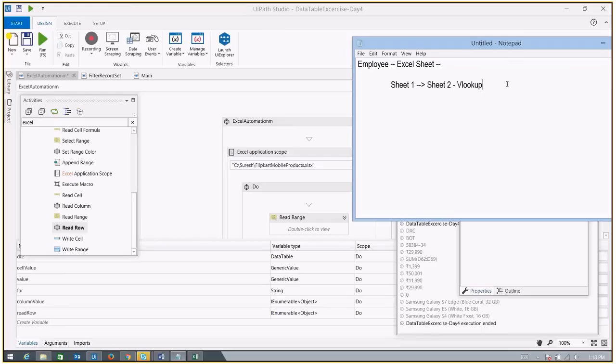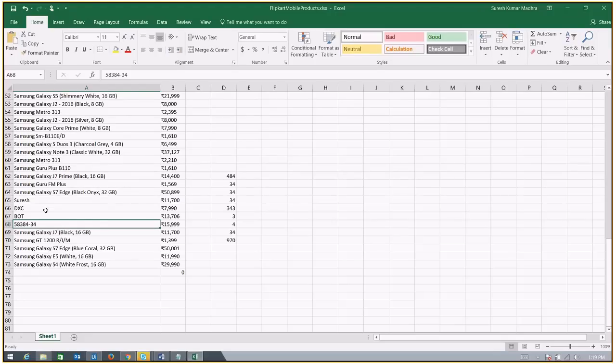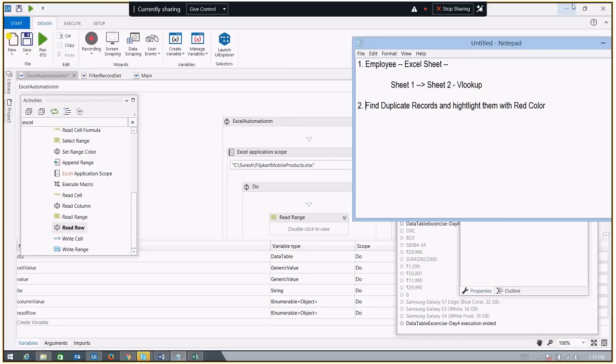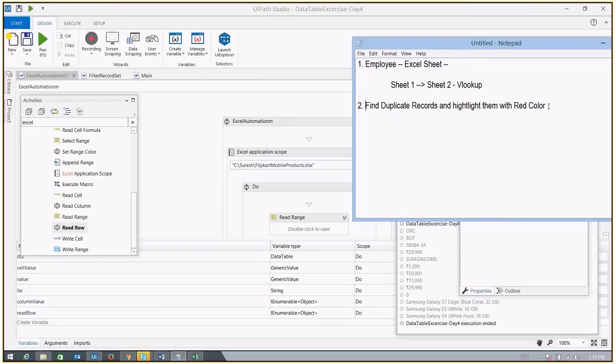Second exercise is, you need to find duplicate records and highlight them with red color. This is the second exercise. So there is an Excel sheet, sheet 1. Let's suppose there are many records which are duplicate, and I want to highlight them with red color. The third one is, there is a sheet which has certain records, and I want